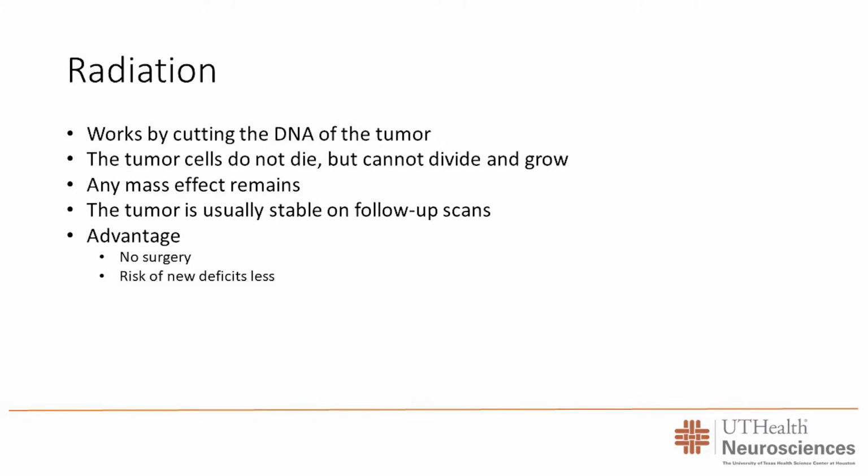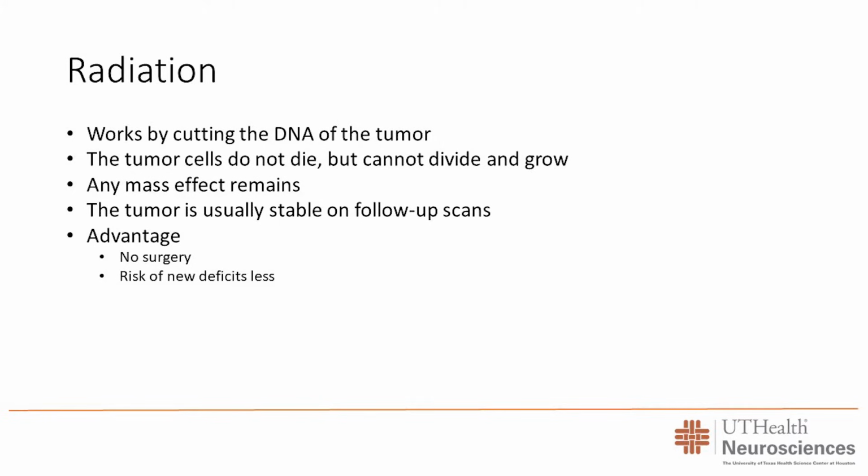And that's how radiation works. That's why a small dose of radiation can lead to tumor growth, because the radiation is also affecting the DNA. The tumor cells then do not die with radiation treatments. They just become quiescent and they stop growing. Sometimes they shrink a little bit, but usually they stay about the same size, and so they're just going to remain there. An issue is that the mass effect doesn't change very much, but radiation is very effective treatment, especially